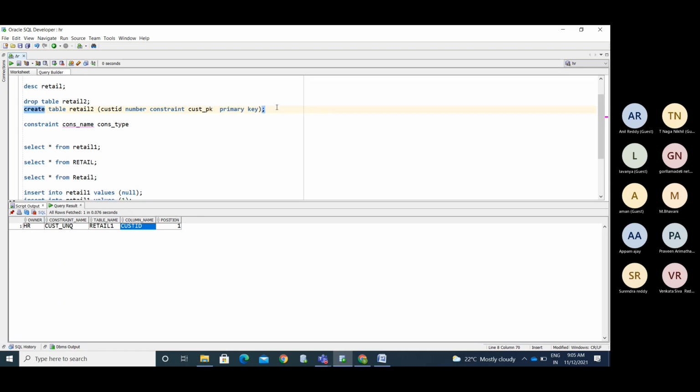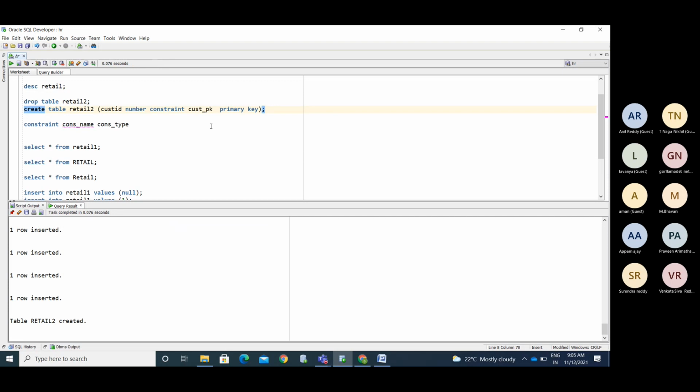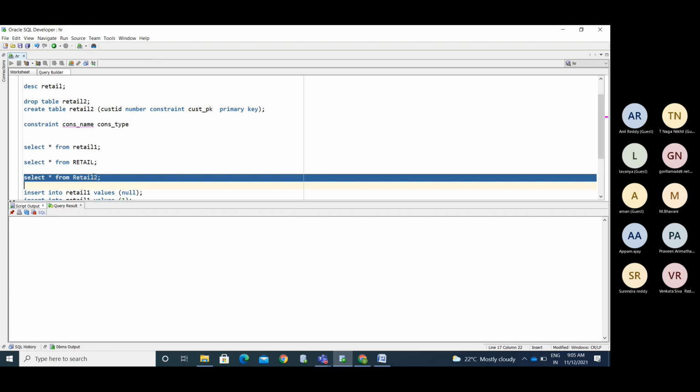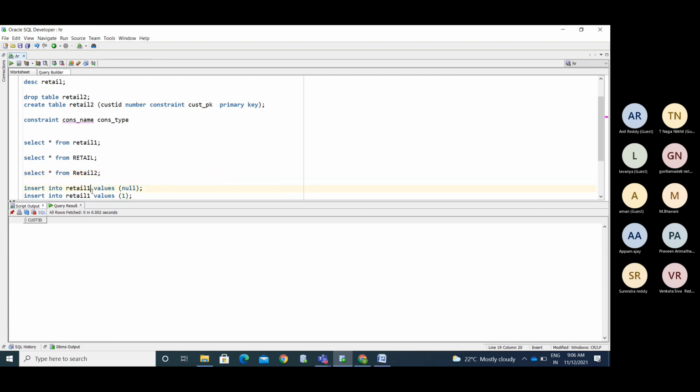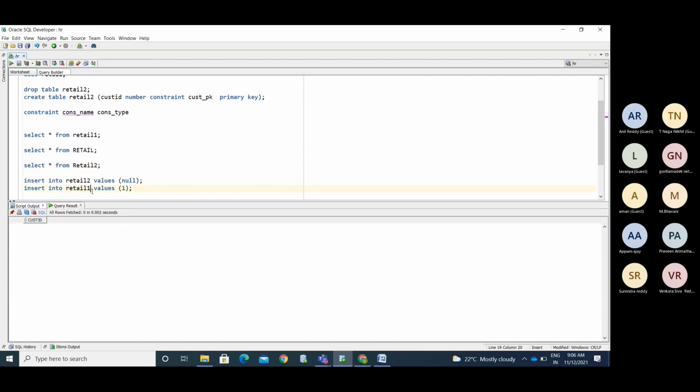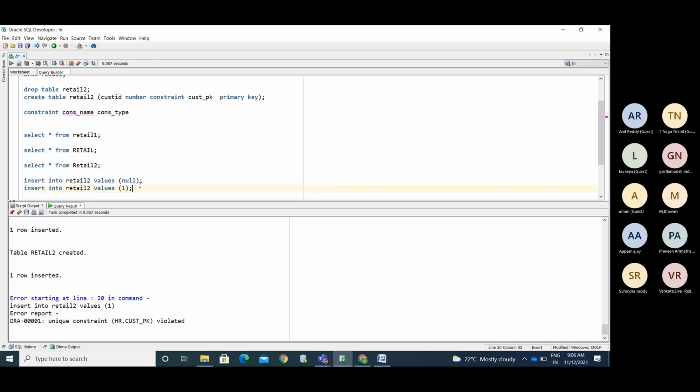Now I'm creating the primary key column. Now I'm inserting the 1 and again the same 1.